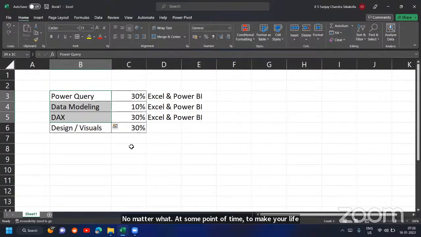For example, if you try to learn Tableau or any other tool, again, it has its own advantages. I'm not saying it doesn't have any advantage, but the learning curve will be more, right? Because the concepts in Excel and Tableau don't blend much. But when it comes to Power BI, there is a lot of commonality between Excel and Power BI. So that's why if you see a lot of people who are really good at Power BI, most of them are coming from an Excel background, right?